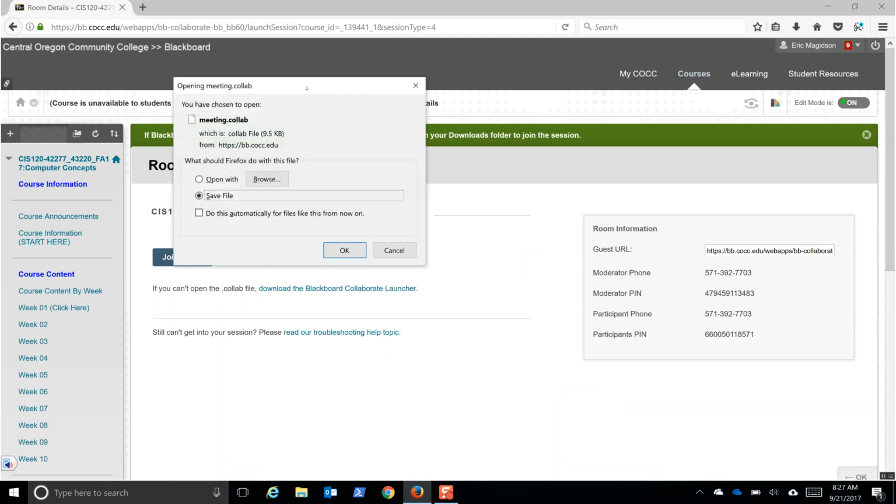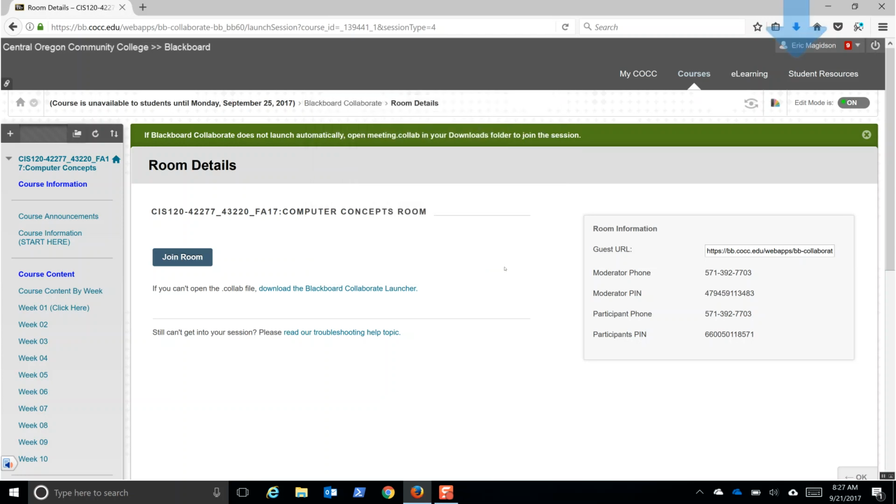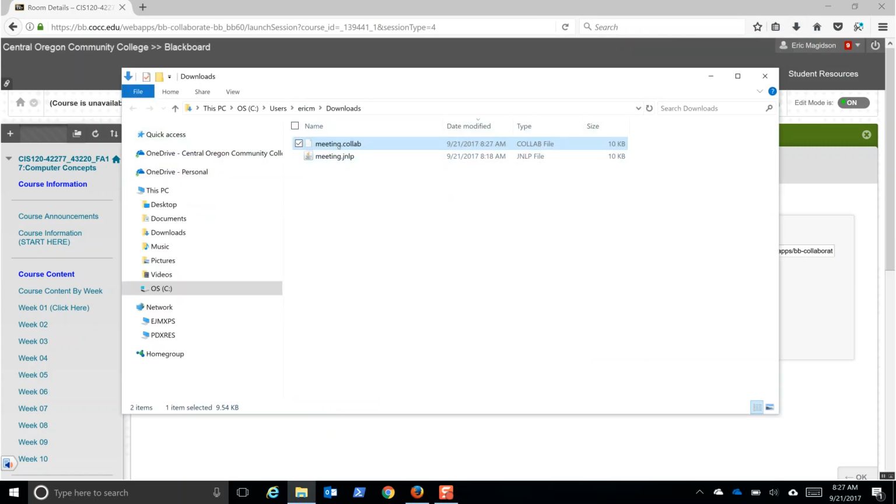Now, you might get the opportunity here to download the Blackboard Collaborate launcher. See it down here? So it might bring you up to that initially. And what I do is I just let it download, but I don't instantiate it. I just continue to click OK until I get to this part here. And at this part, what I'm going to do is save the key file that I need, this collab file, and then change the file extension. So I'll say OK, and by default, that's going to be placed in your downloads folder. I'm going to open up the folder location for that, and as you can see, I have that collab file there. I'm going to go ahead and delete this one so that there's no confusion, and there is the collab